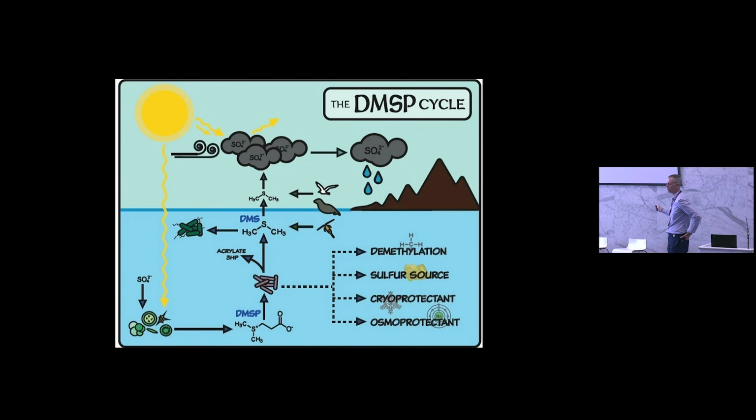And they use it for lots of things. It's a really useful thing that they use for protection from things, as food sources, all sorts of bits and pieces. And they make billions and billions of tons of this every year. But they also release some of it, and then other bacteria take that and they break it down. And one of the things they make is a gas called DMS. DMS gets into the atmosphere, and actually what it does is it nucleates clouds. So DMS promotes cloud formation and rain, and it reduces temperature.